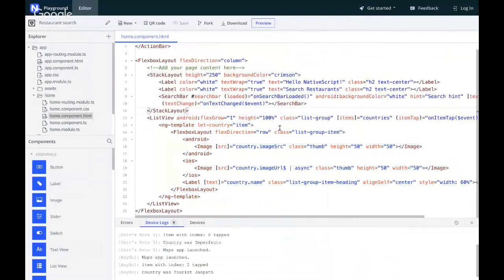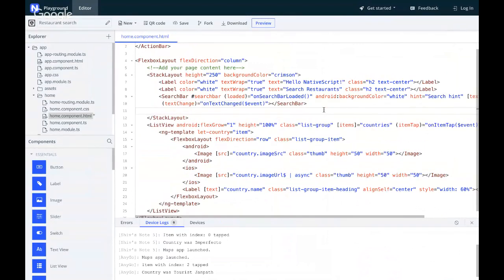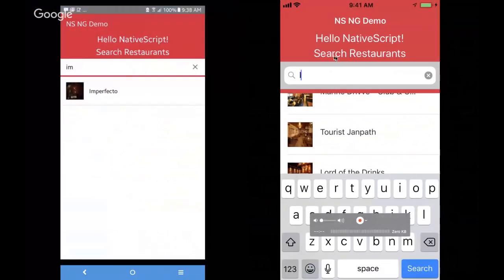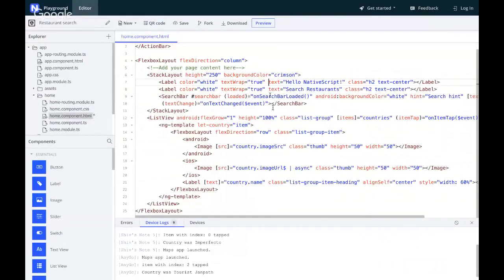We have this restaurant search app, okay? So this I've done to demonstrate that you can run different bits of code in different platforms, okay? So there are 3 ways that you can do it. Let's say you have a label. Let's just reuse this label itself. It says hello NativeScript on Android and iOS. Let's say I want to say hello Android on Android and hello iOS on iOS. So you can just prefix that property with Android or iOS. So I can do Android text is hello Android, and I can do iOS text is hello iOS, and if I save it,